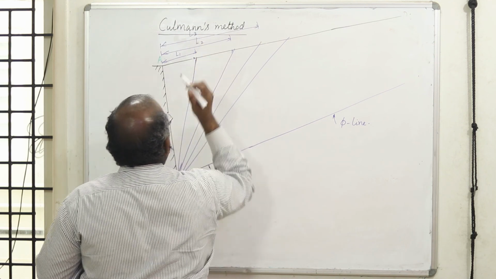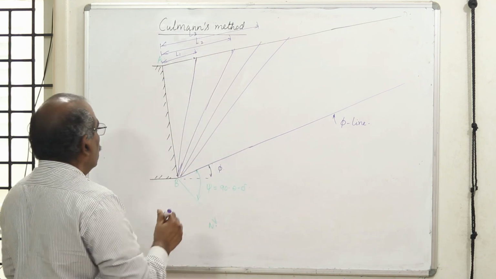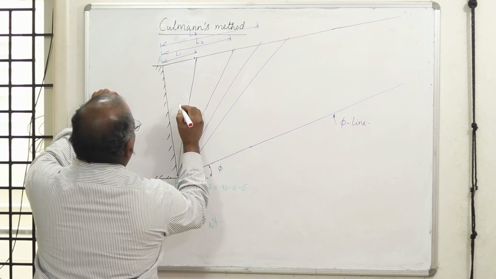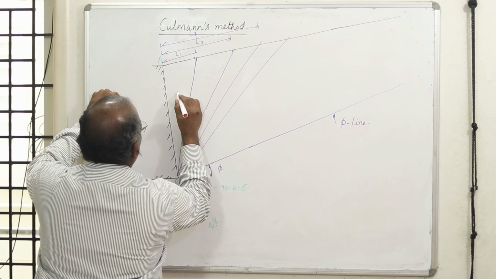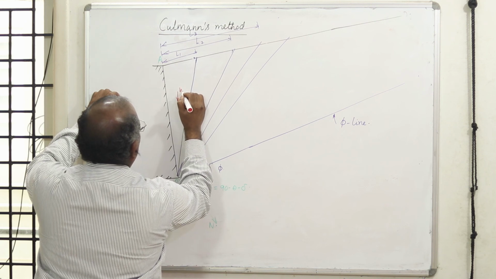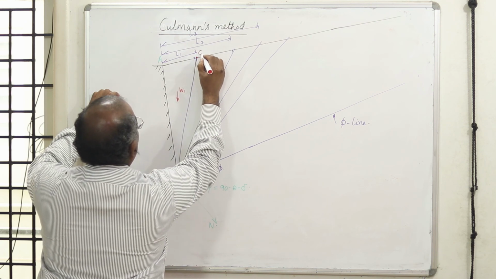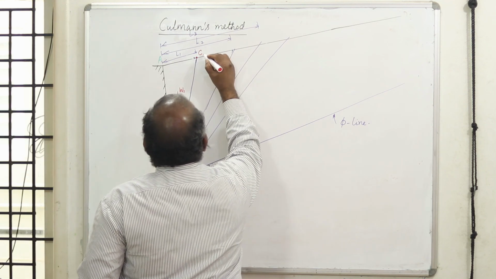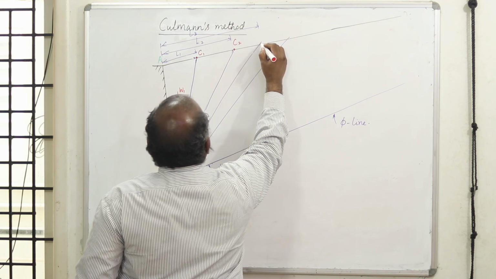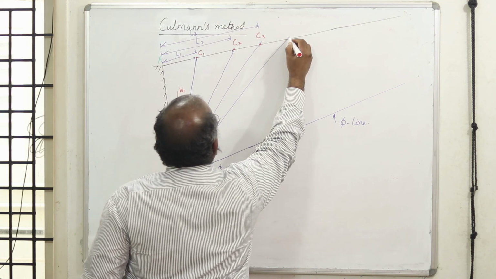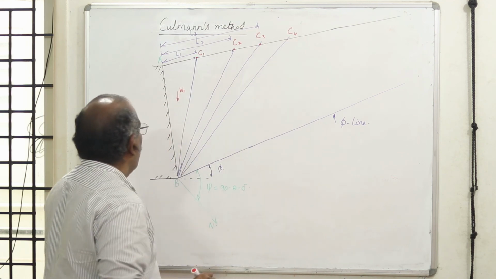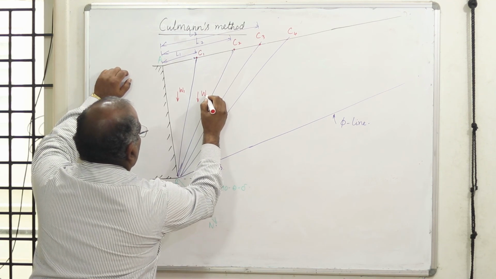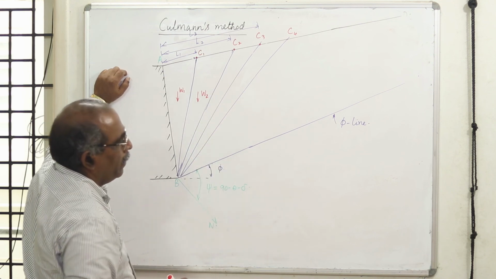and so on. Now what I'll do is, I'll try to find out the area of each triangle and I'll find out what is the weight acting. Let me call this C1, using the standard notation. This is C2, this is C3, this is C4 and so on. Each wedge has got some weight W1, W2 like this, okay.